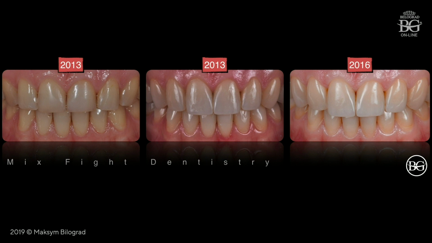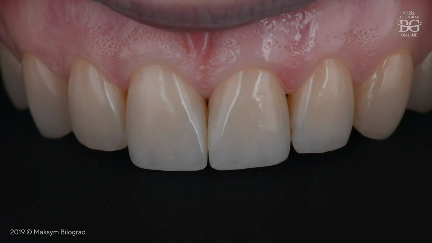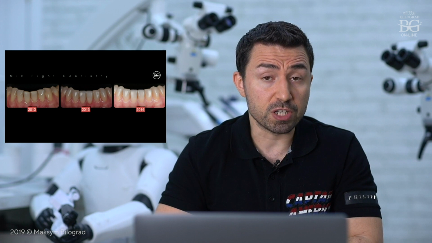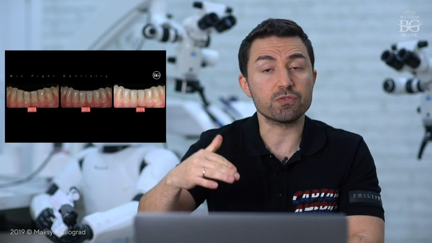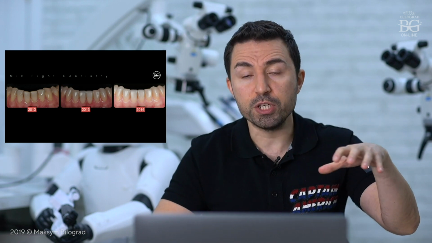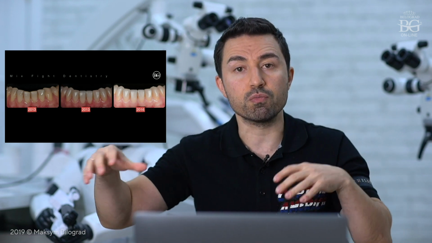This is her decision. Anyways, this is the result you can see from the frontal area from 2013, before, after, and after 3 years. Pretty good result, as I mentioned, as well as the lower jaw, and some summary about this case. So this case was driven by aesthetic treatment planning, and then aesthetic treatment planning was transferred into occlusal treatment planning. So aesthetic parameters were used as the core base to restore occlusion.